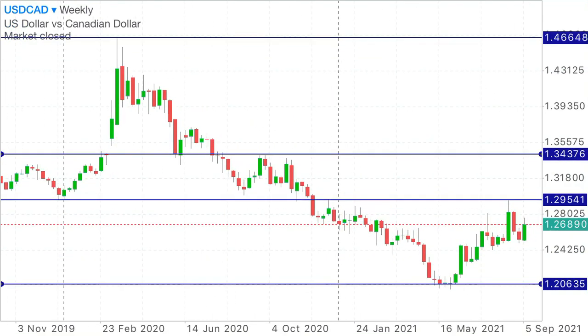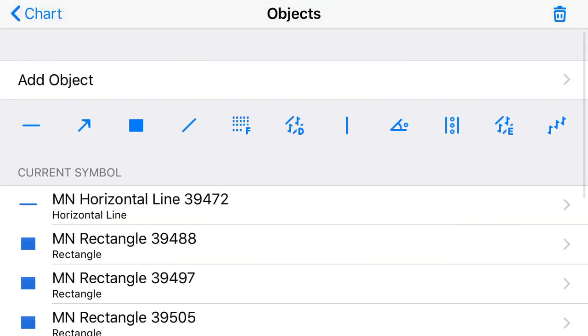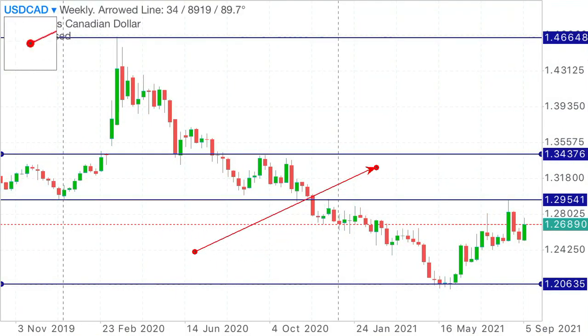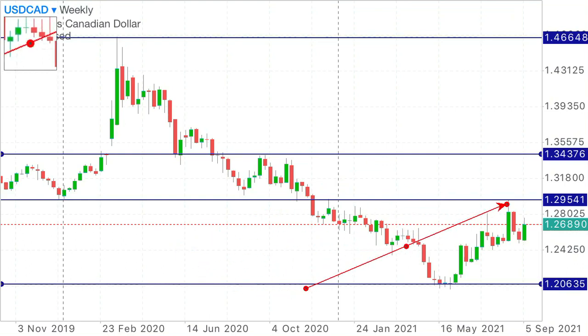Why? Because the current price is still above the below swing low, which is 1,20635. Then if you can check here, since we're on an uptrend, from this point, which is 1,29541, up until